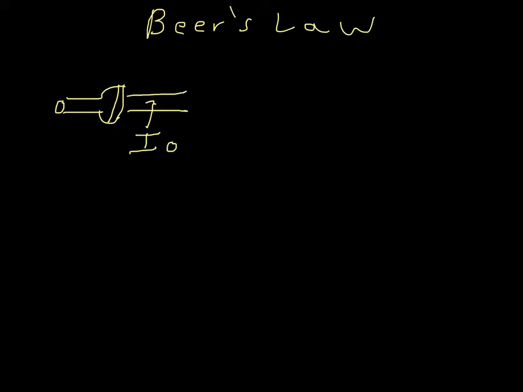So we have a flashlight, and that flashlight's shining some light. In front of that flashlight, we put a piece of paper. What do you think the intensity is going to be on the other side of the piece of paper compared to the intensity before the piece of paper? Well, you can try this experiment at home if you want to, but it's pretty obvious that the intensity of light